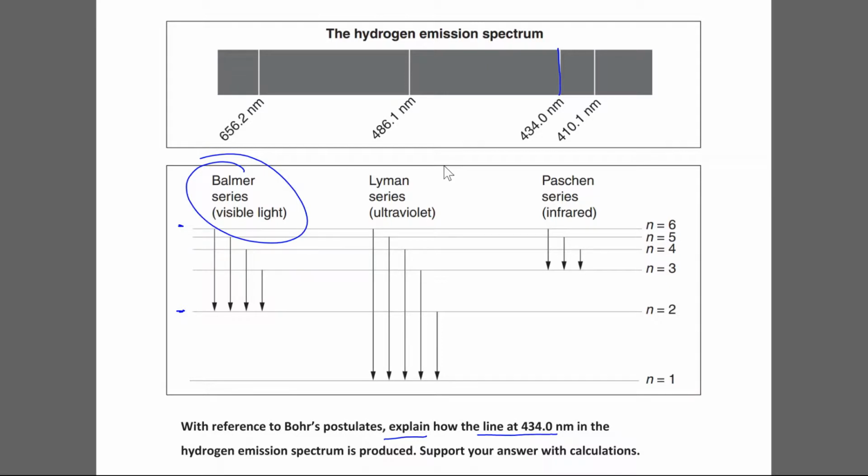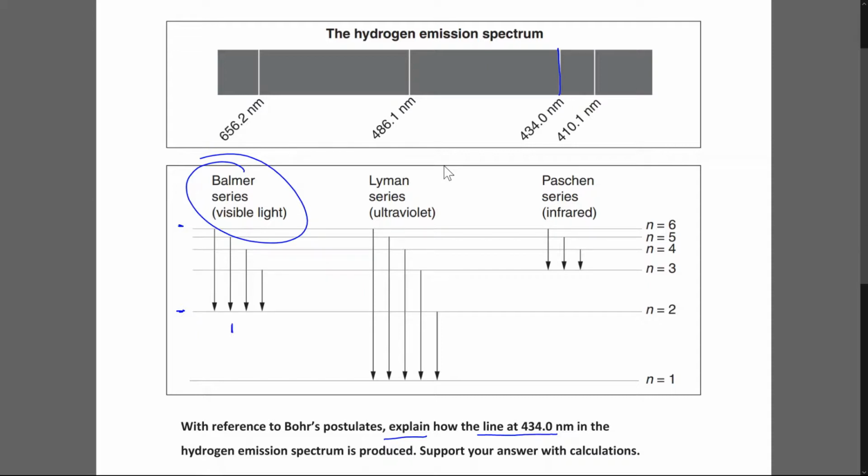Now, there's obviously a bigger energy difference between n equals 6 and n equals 2 than between n equals 3 and n equals 2. The higher the energy level, the bigger the energy difference. That's pretty obvious in this case. Now, what you may not be aware of, but hopefully you are, is that blue light is more energetic than red light. So, we can see that 434 nanometers is in the blue part of the spectrum, and it's the second most energetic line, basically. So if we refer to this Balmer series, we can see that the second biggest energy gap is going to